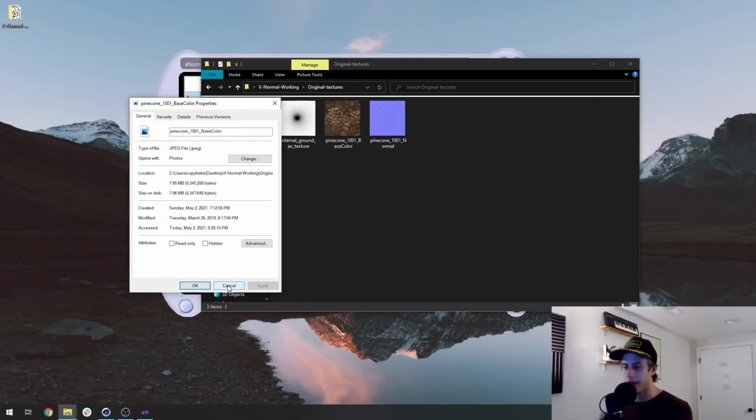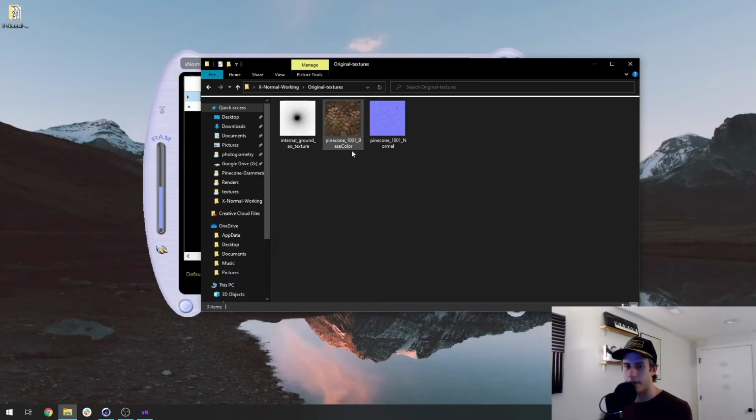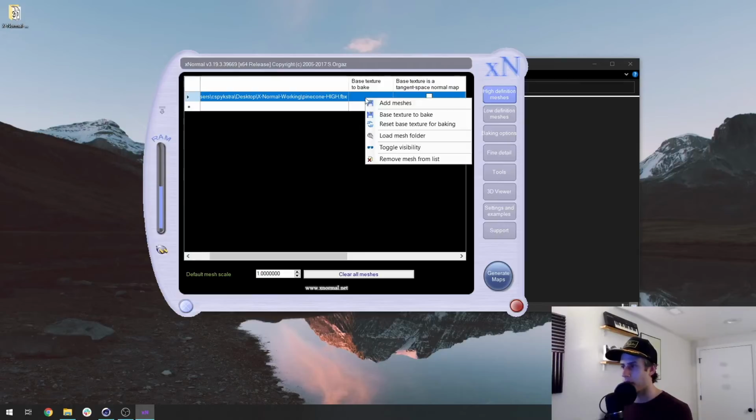So what you can do is basically just resave it as a file with that extension. You could bring it into Photoshop or some sort of photo software and just export it again with the correct extension. But I actually already have done this, so I'm just going to grab the one that I've already done,